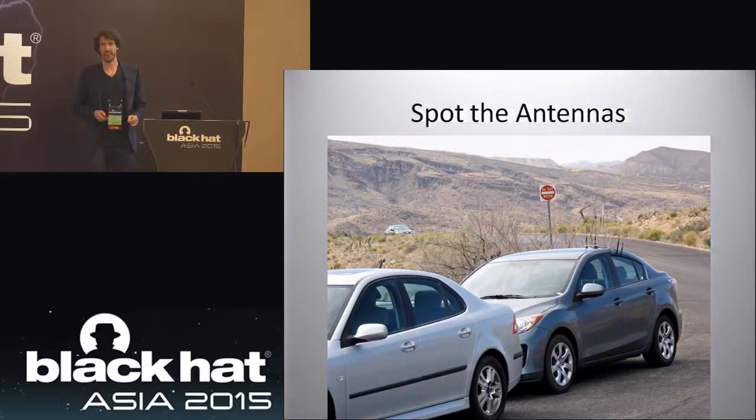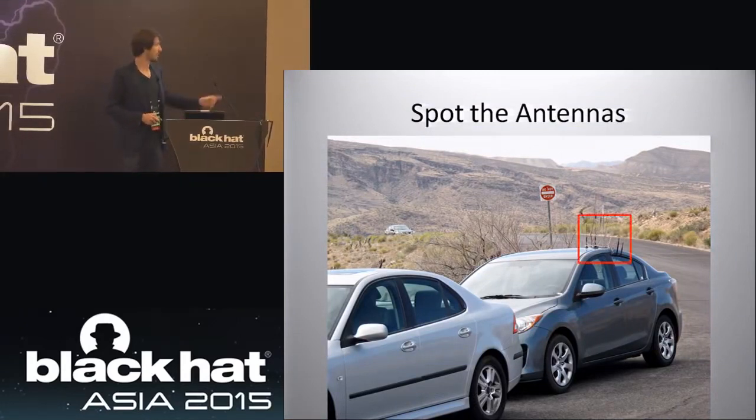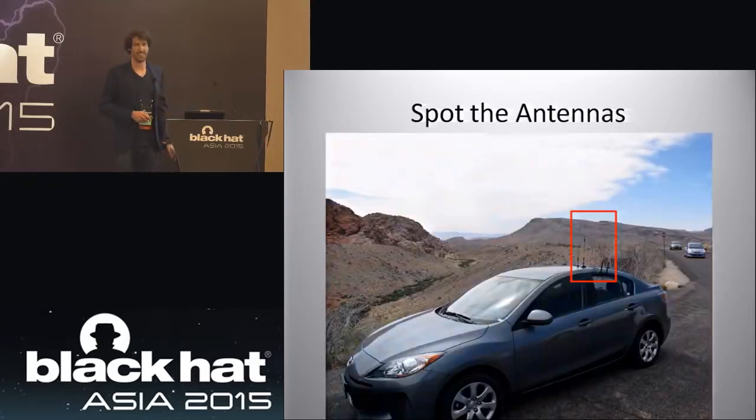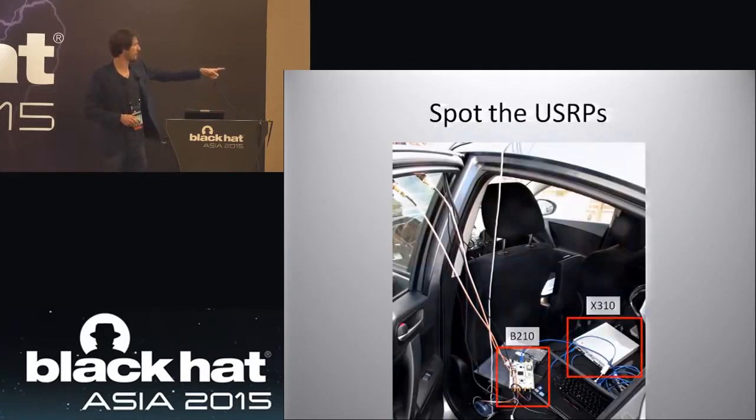So when I travel around and I'm doing a bit of spectrum monitoring, it's not hard to see which car I'm actually traveling in. It's the one with all the antennas sticking out from the roof. And so this is when I went on a bit of a road trip in Las Vegas, and in the back there I've got my laptop, a B210 and the X310, which is the big one that captures all the